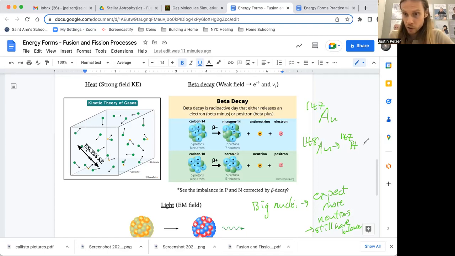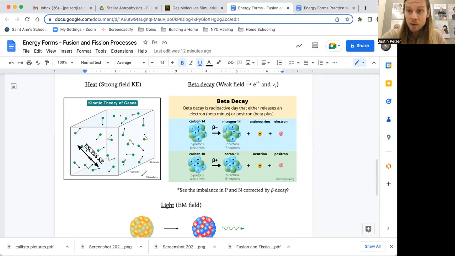The point is, you can have this then release a positron and a neutrino via the weak field. It'll say, okay, I'll help you find balance, and then that might be balanced. Although I'm actually not sure if that is also balanced. And then it'll decay again until it finds the balance that it wants. That the universe then says, okay, this feels balanced in terms of the forces that are at play.